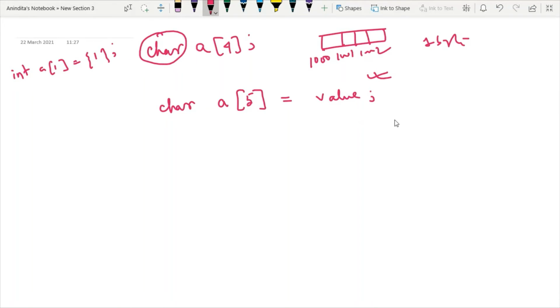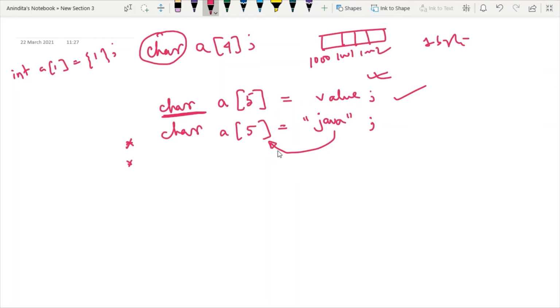So here also this syntax will work, but the second difference that I want to mention is whenever you want to take character kind of input, then you have two options. Either you use double quotes and write something, your name or some word. This is the one option. This is a static assignment inside a character array.